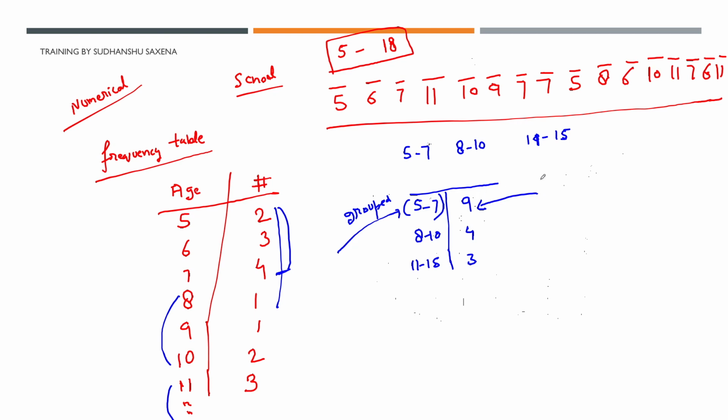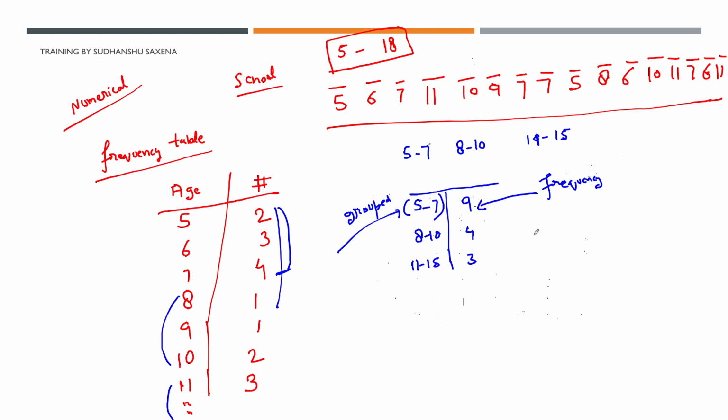This number is what? This number is the frequency of a particular number occurring. What is that frequency? It is how many times kids aged 5 to 7 years appear in the table. So we have got the frequency over here. For 8 to 10, how many times does it appear? It appears 4 times. And if I wanted to represent this data,